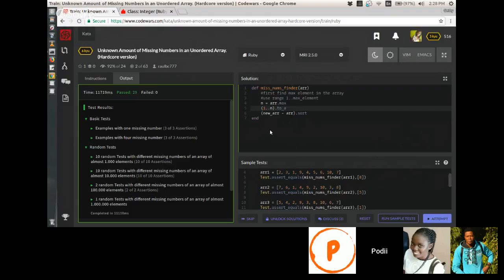You can replace the n with array dot max. Then now I don't need this. Okay, let me now remove. We now don't have a new array.